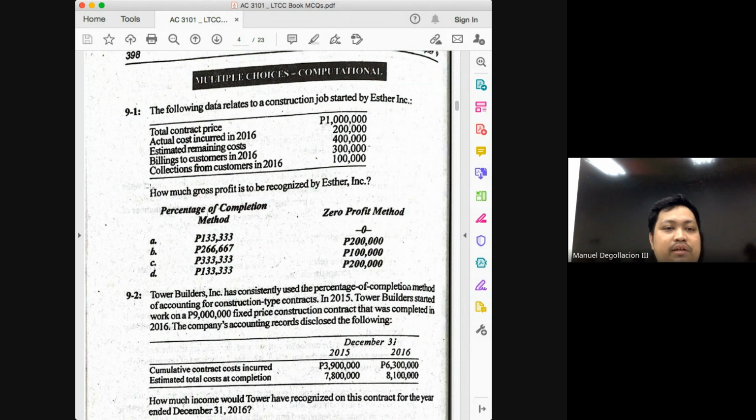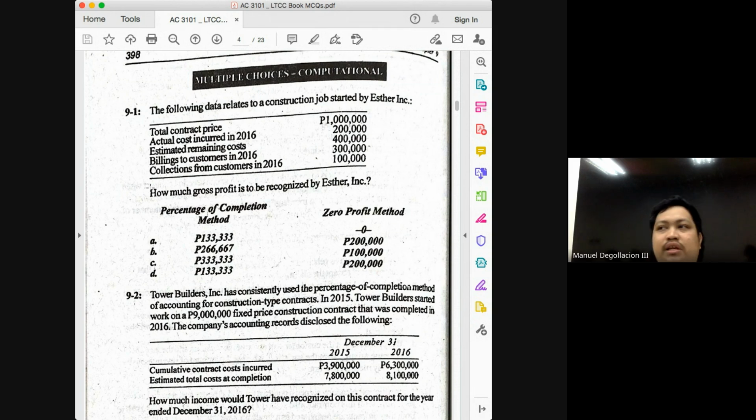How do you solve for the expected gross profit? You deduct the total cost of the project from the contract price. And we can expect for the problem to give us already the contract price. Normally, the problem will already give you the contract price. So in solving for your expected gross profit, you will only be looking for one more thing. And that is the total cost of the construction project. And normally it would be labeled in the problem as total cost at completion.